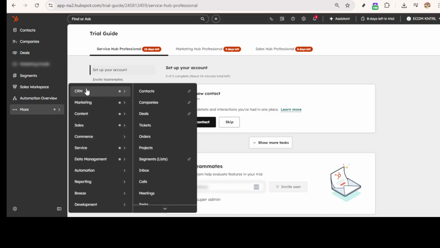From the expanded options, select CRM. This brings you into the core customer relationship management tools where your records live. Next, choose contacts. You'll land on your contact list where you can filter or search to quickly find the person